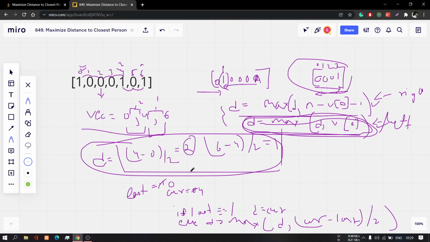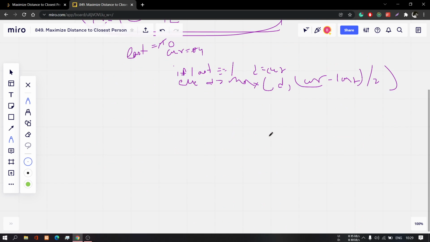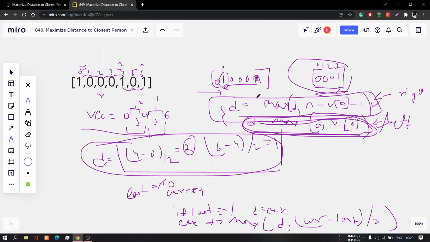After the whole iteration you just need to check this condition, whether the last seat lies on the right side or not. If there is only one element, like in this example, my last gets updated to 1.